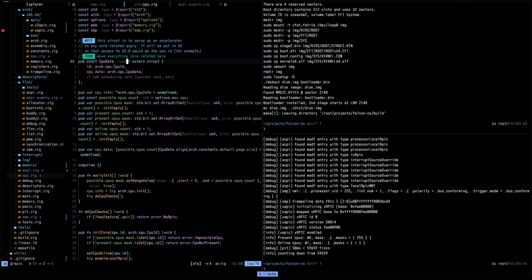This CPU data here needs to be pointed to by GS. And this is something we haven't done yet. So something we need to do fairly soon. But that means that when we want to read the ID,